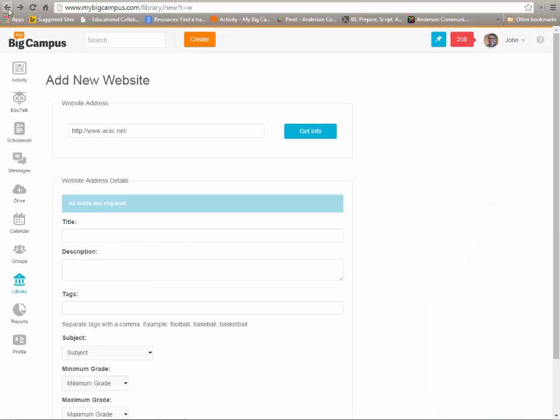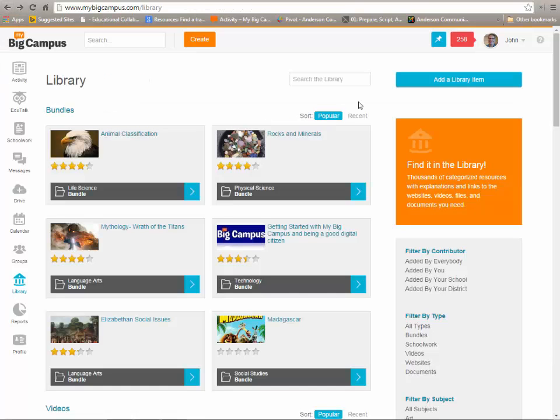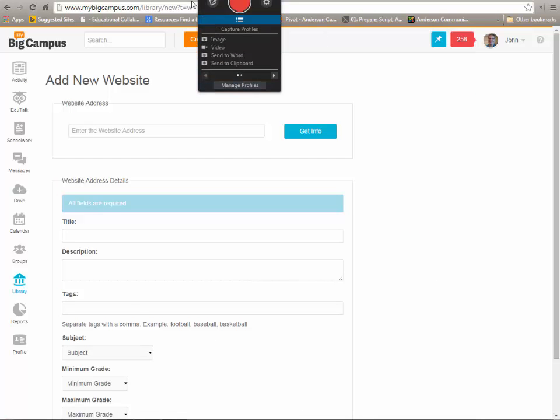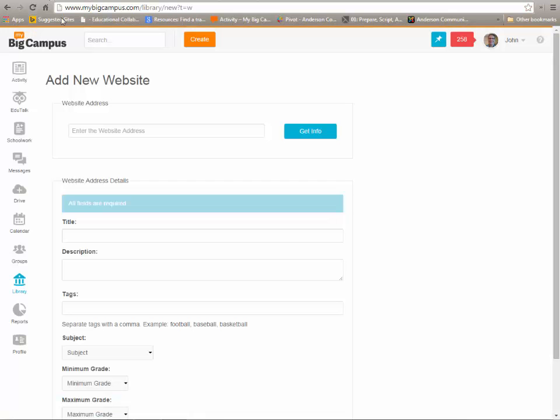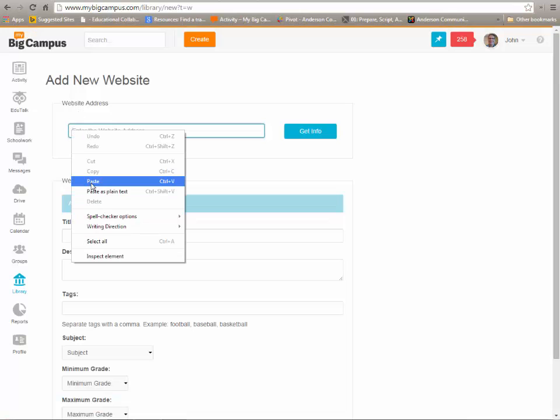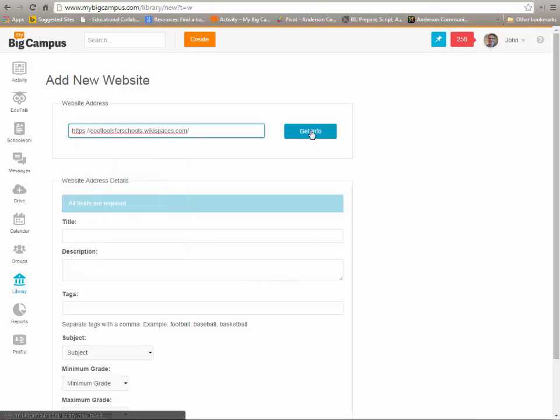So I'm going to use my back button here, and this time I'm going to add a library item, and I'm going to add a new website, and this time I'm going to pick a different website. This one I'm reasonably certain doesn't exist already, and this is Cool Tools for Schools, and again I'm selecting the address, and I will copy that address, go back to the My Big Campus site, and I'll paste that address into there. Now this time when I click Get Info,